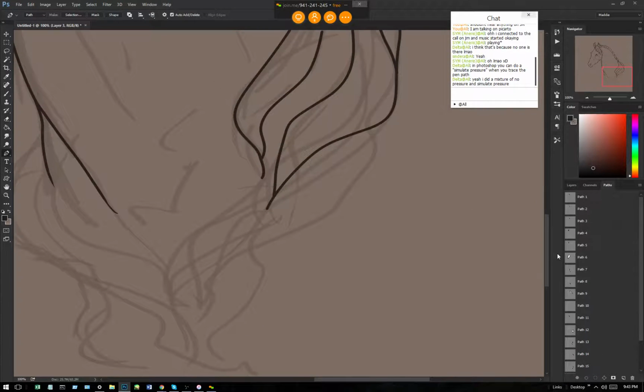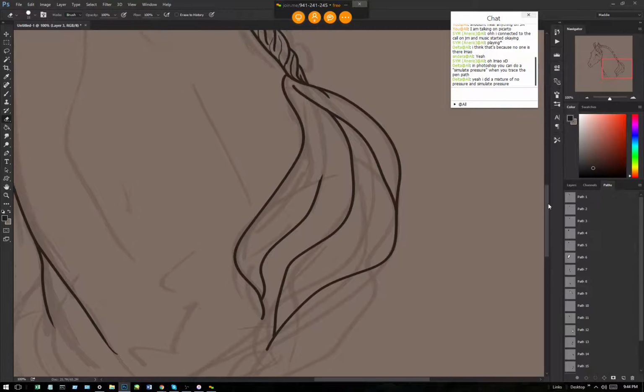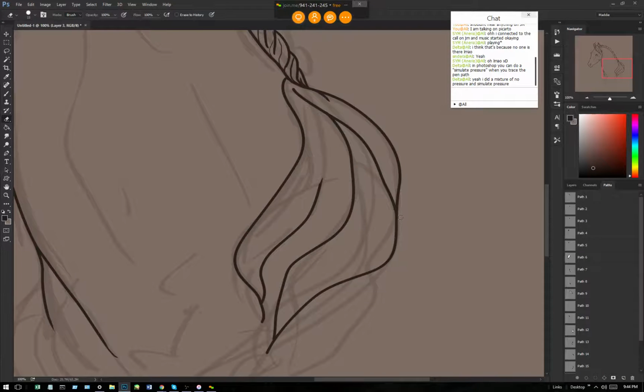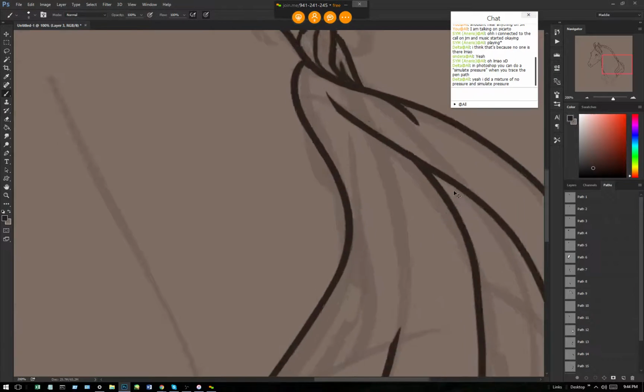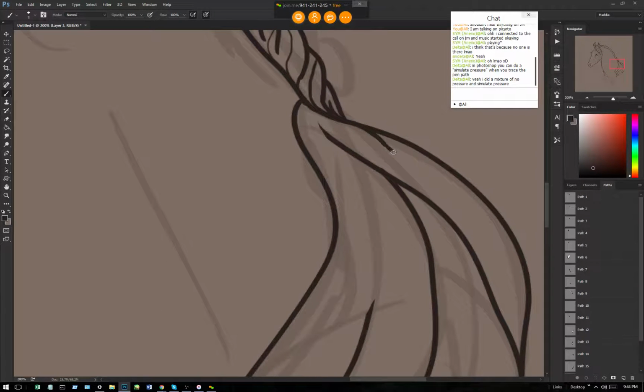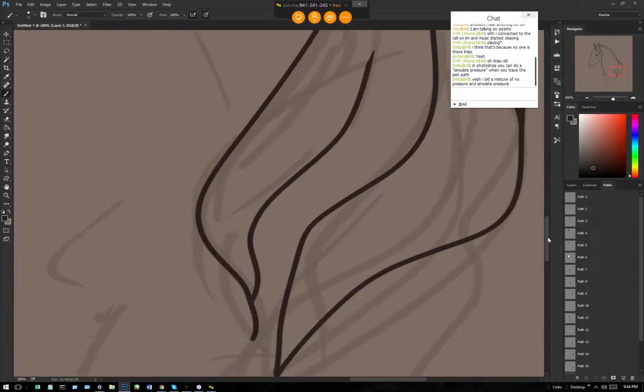Then when it gets into the edges, I'll probably go back to my hand drawing, which of course won't look quite as hot because I have unsteady hands. I'm going in here, doing stuff like little lines. Give your hair a little